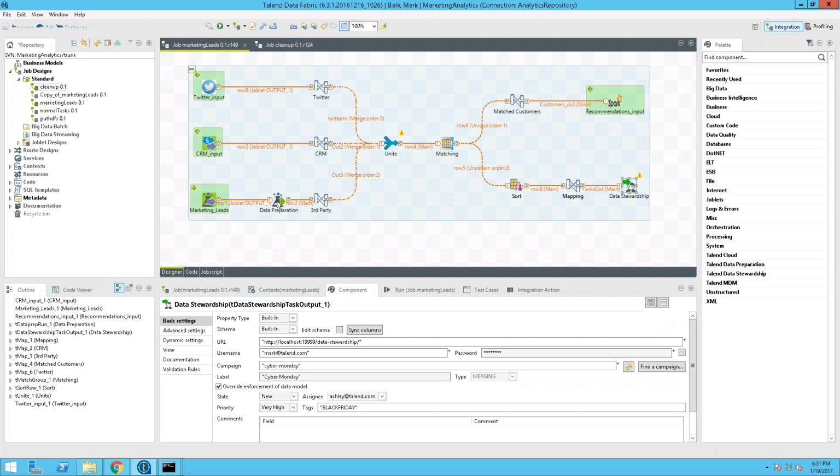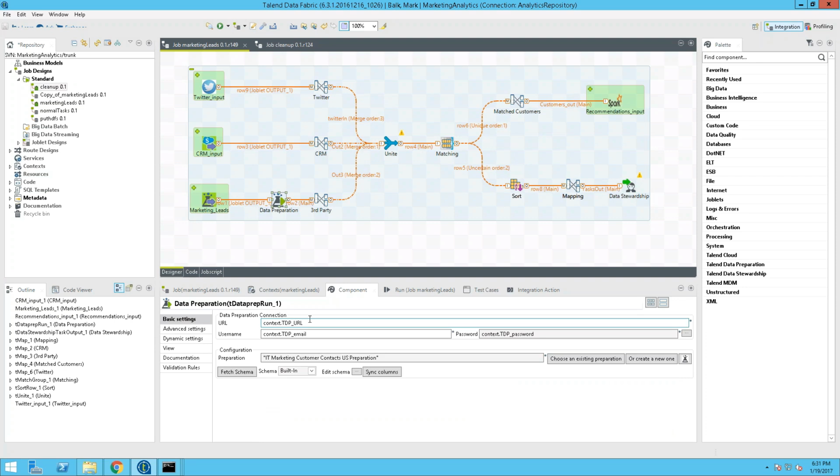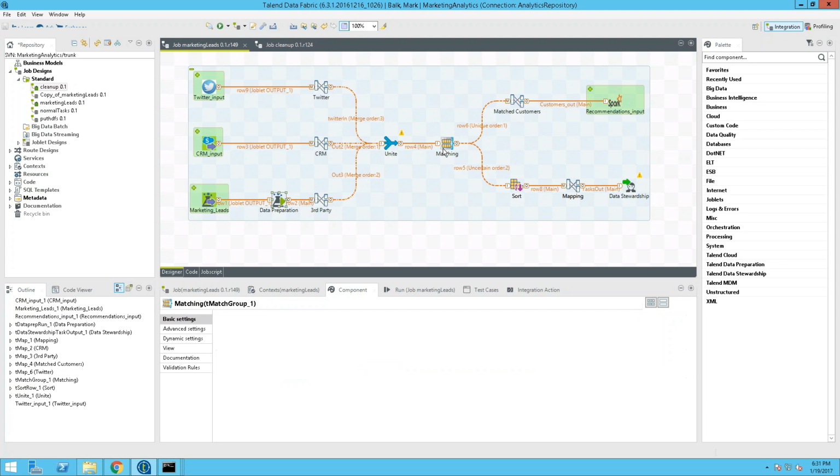through cleaning. And this component here is the component that you were just mentioning, how I can use the preparation that we just created and shared with IT that has all the steps needed to clean that third-party opt-in data. And then we're joining it all together and doing a match using this simple matching component to match the different data sets together, the customers and the records across these three sources, and to build one unique customer view of the customer and